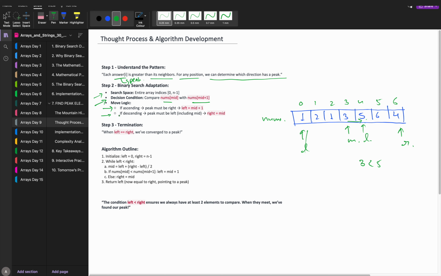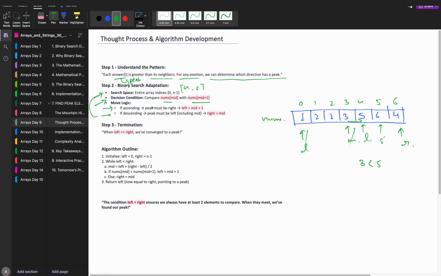Let's see अब क्या कर सकते हैं. तो एक डिसीजन ले लिया ना, एक बार फिर से इसको चेक करते हैं. अब सर्च पे 0 n-1 कीजिए, कितना हो गया? What is it now? 4 to 6 हो गया सर्च स्पेस. What is the middle now? 5 is the middle. I went to 5. If I want to find the peak, what will I be doing? है ना? फिर क्या करेंगे?